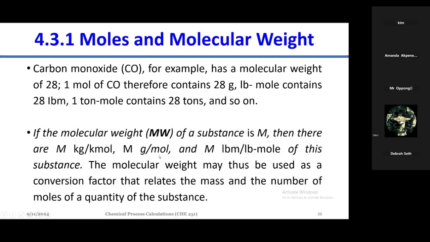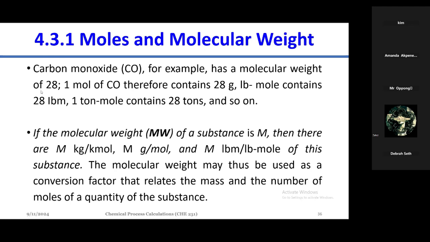And the unit is gram per mole, kilogram per kilomole, pound mass per pound mole. But with the molecular weight, irrespective of the unit, the actual value doesn't change. It's still the same thing. So when you take carbon monoxide like this, the molecular weight is 28. The reason why they didn't add any unit here is because